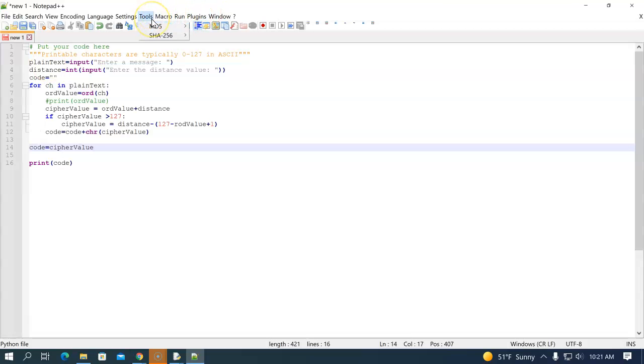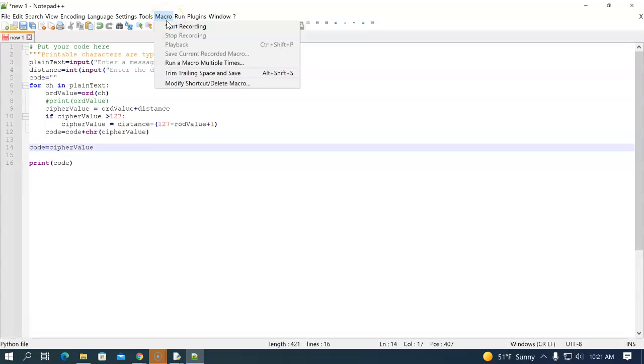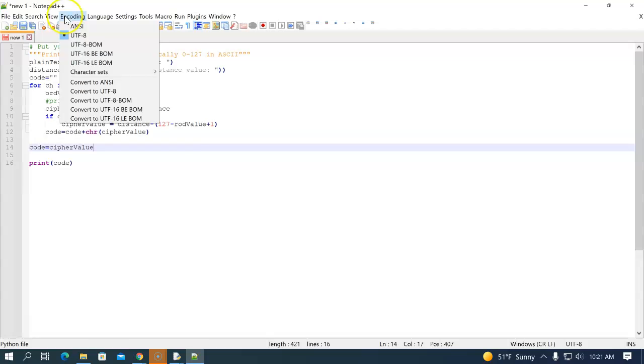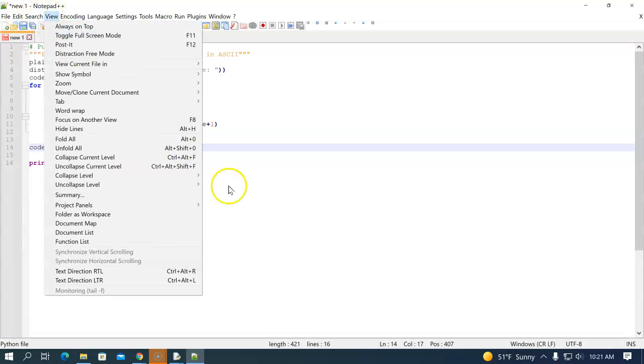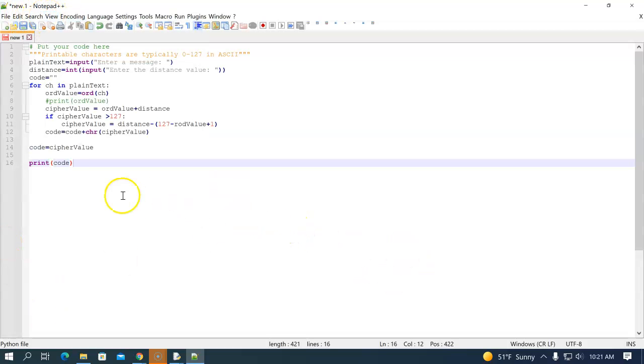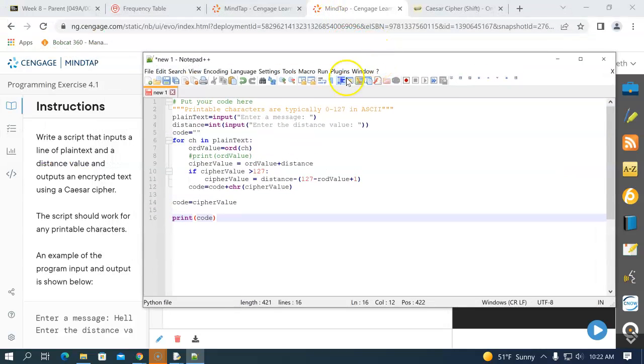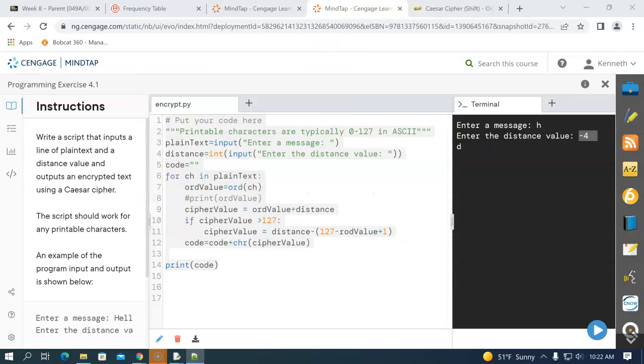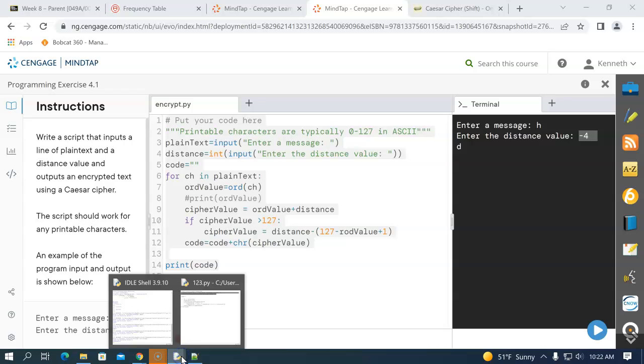So there's all different kinds of tools. You can actually run macros inside of here. You can change your encoding. And it's got a lot of different tools inside of it. The best piece for me, and this is where this drives me crazy why they don't do that, over here on the left, notice it numbers every line for me. Perfect. Over here, it numbers every line for me. Perfect. But when I do